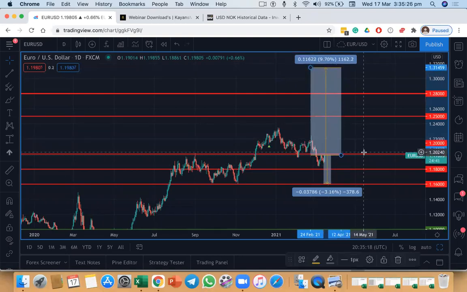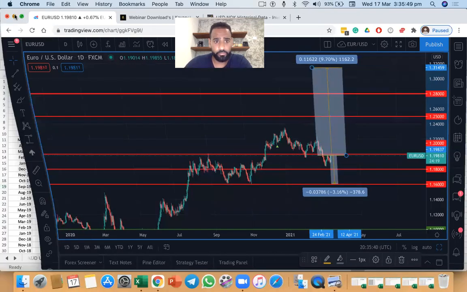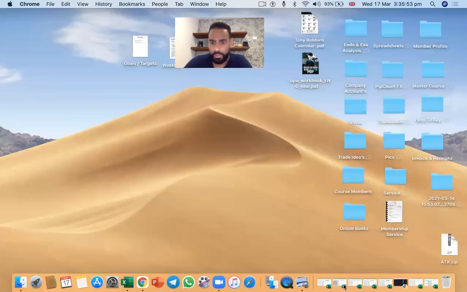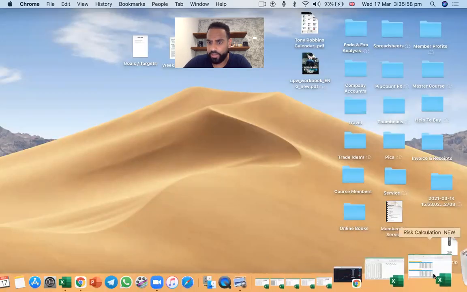But how can I work this out accurately? Let's say you don't have access to a computer or a chart like this, and you don't have this measuring tool to tell you where to have your take profit target and your stop loss. If you don't use TradingView, you may not use this platform, for example. This is where the spreadsheet I created for you is going to become your best friend. Because in this spreadsheet I've created for you, which I'm going to show you now, this risk management spreadsheet,